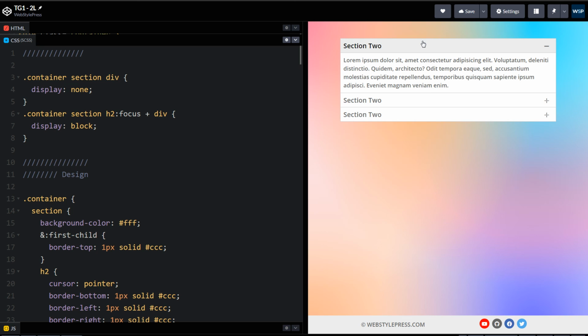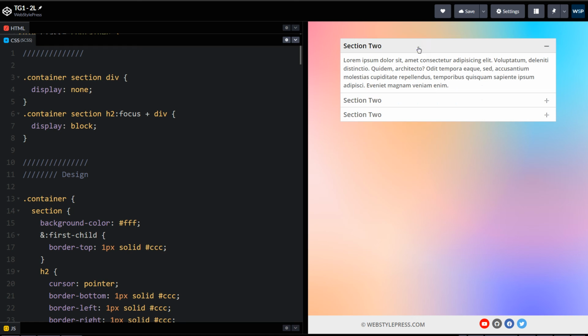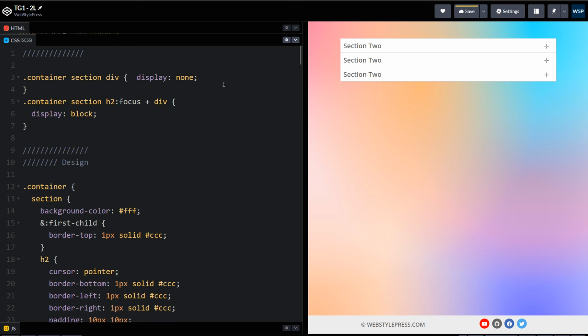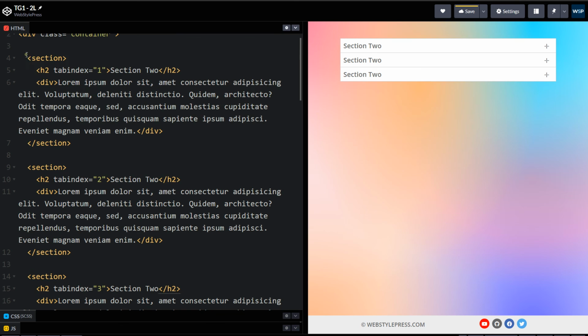In coming videos, I am going to show you how you can easily create a proper toggle and accordion by using pure CSS. If you need such a toggle, then it can be achieved by using these two CSS lines. With this